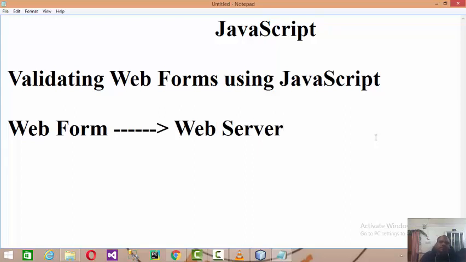But what will happen if the data which we are posting to the server, because the server consists of data processing logic, is inappropriate, inaccurate, unformatted data?